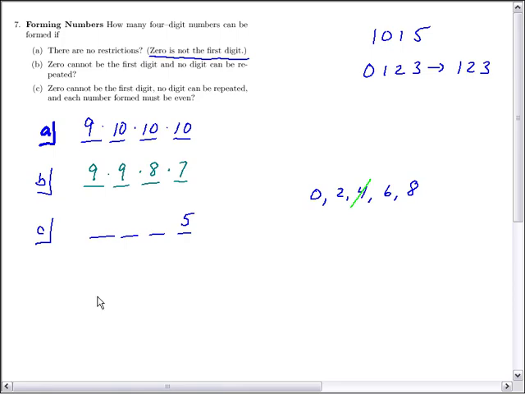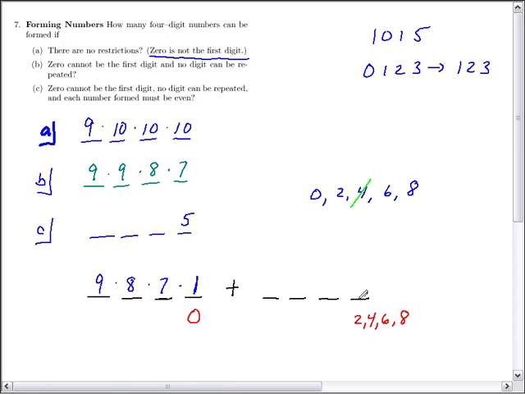So what we have to do is to break this up into 2 parts. We break this up into 2 piles, the numbers that end in 0 and the numbers that end in 2, 4, 6, and 8. So start off with the first one. If we put a 0 in the last spot, there's 1 choice there. 0 can't be used. There are 9 other digits for the first spot. We've used 2 digits,